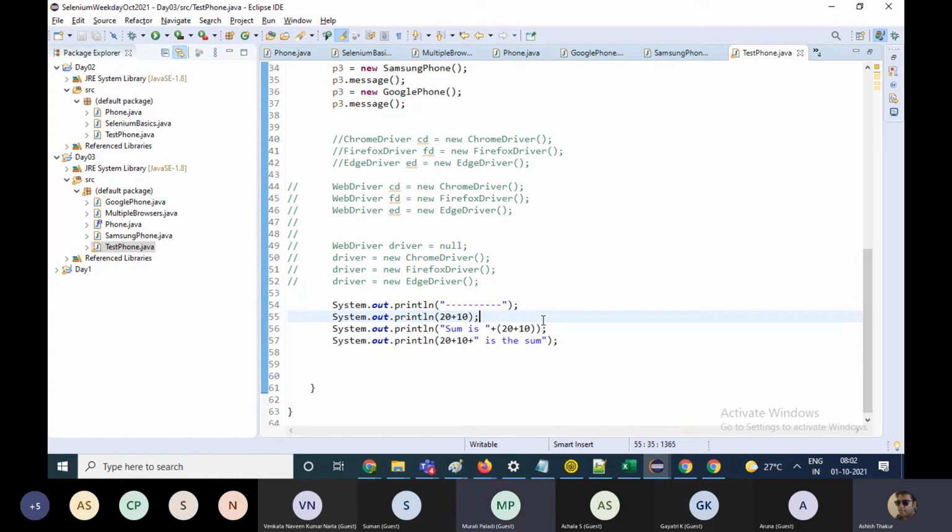What if you don't have the brackets and you add 20 plus 10 plus 10? It will still print 20, 10, 10. In Java, execution always starts from left to right, no matter what kind of command you are writing.